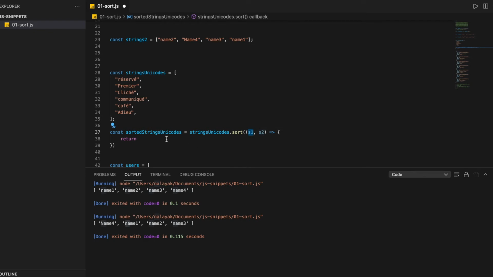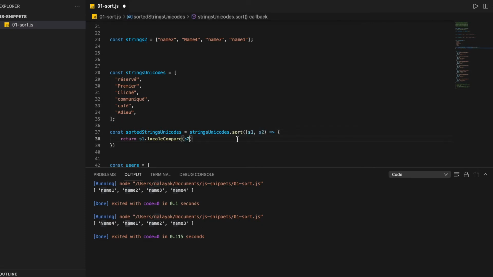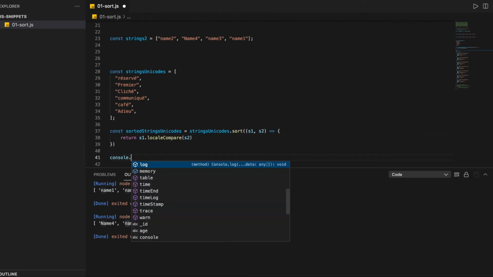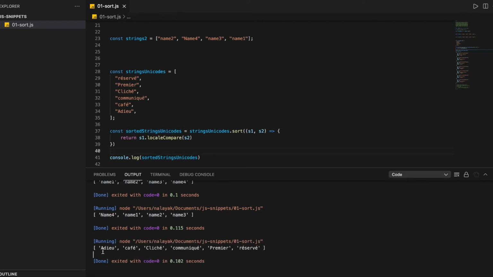So you don't have to manually calculate. There is a function provided inside string called localeCompare, that you can use for this comparison. So let's use this and let's see our result. As you can see, this array has been sorted.